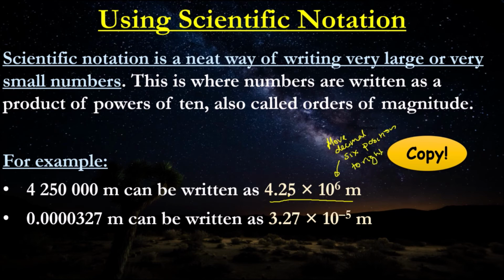This number here is exactly the same number, but this is a shortcut way of expressing the same value in a smaller expression. So if my decimal point is just right after this 0 here, and I move it 6 positions to the right,